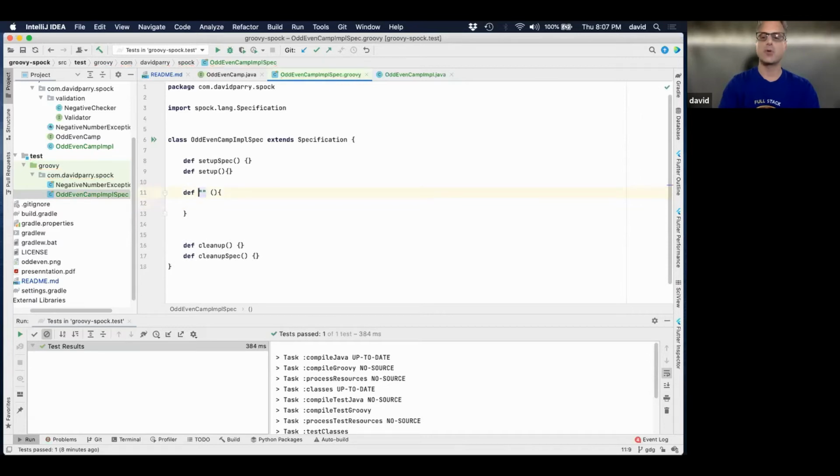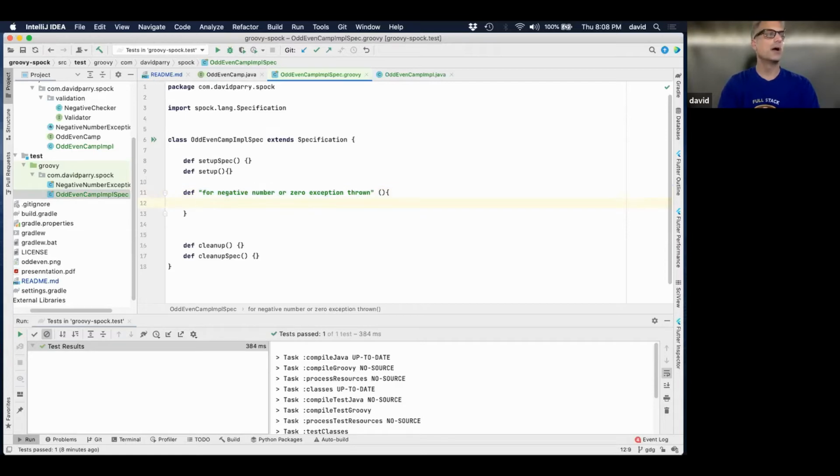That was part of our requirement on the ask. Everyone remembers that. So we're going to say for negative number or 0, because remember it was 0, exception thrown. There we go, if I can type.